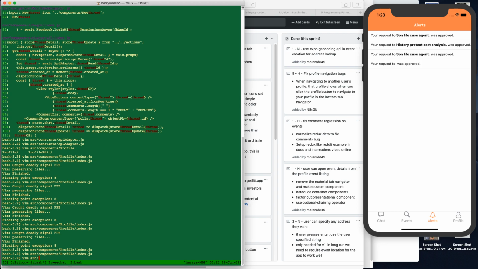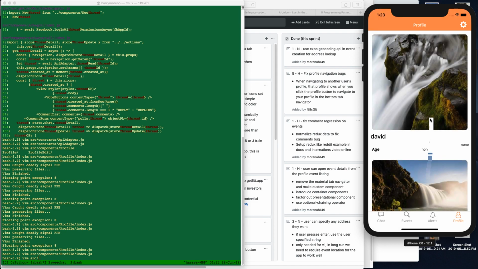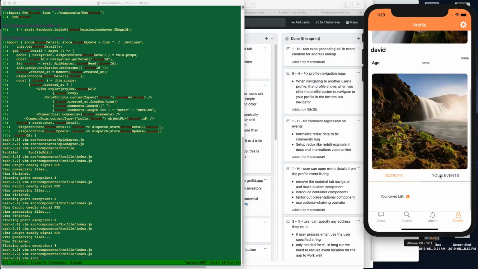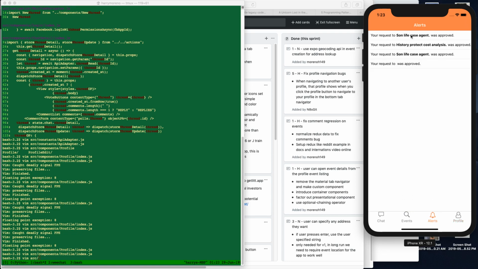What do I want to do? I want to be able to click through this stuff, right? I want to be able to click on these and go to the relevant user that this notification is trying to let me know about. So